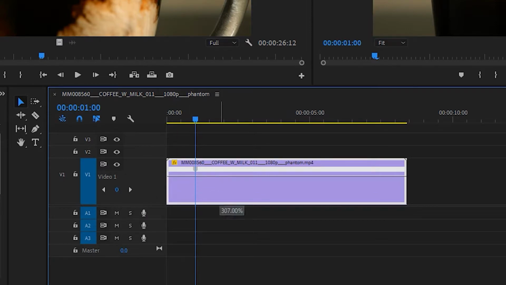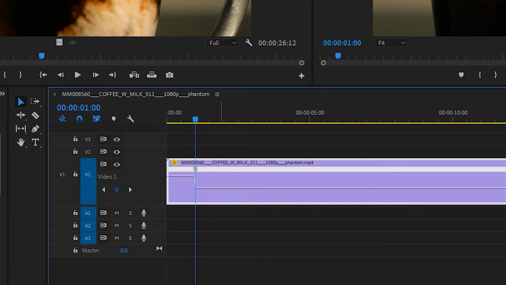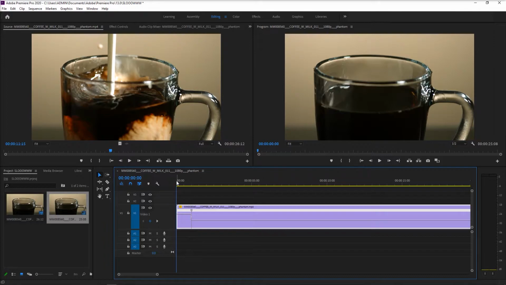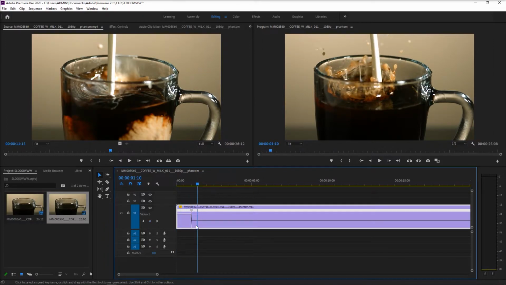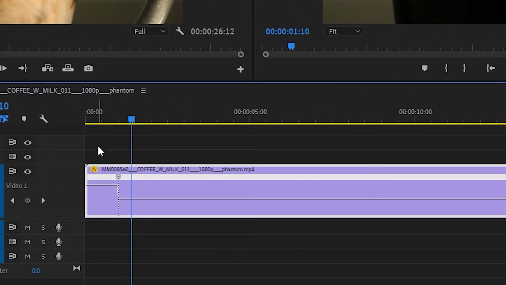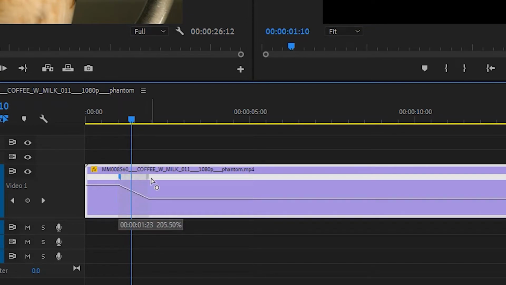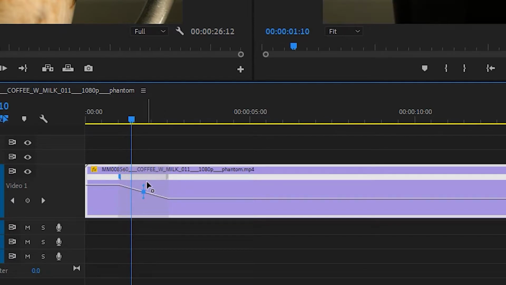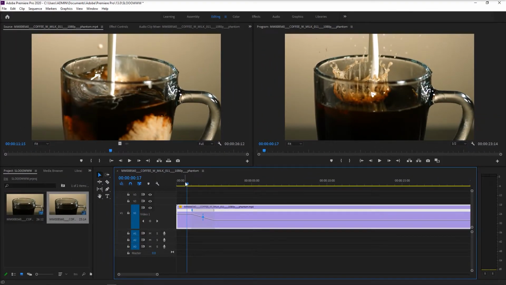Then I need to drag that line again back to 100% or less than 100 as you wish, and let's see again. So it was a pretty harsh cut that turned fast motion into slow motion, but what we're gonna do is expand this little icon right here to about 2 seconds, and we'll see a really good change from earlier than now. That is, it will ease into slow motion, not directly cutting into slow motion but easing into slow motion.